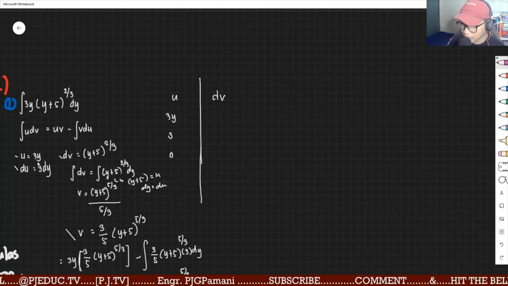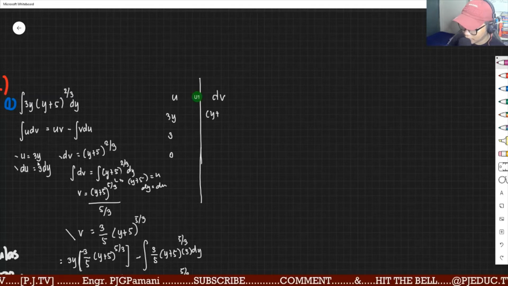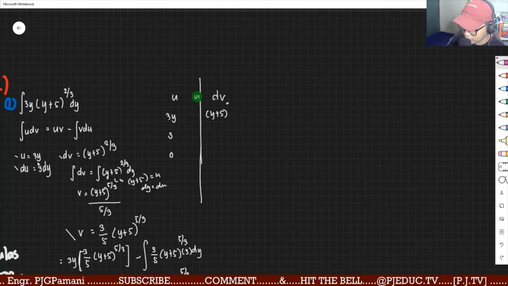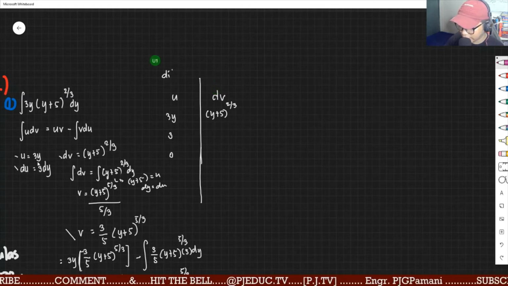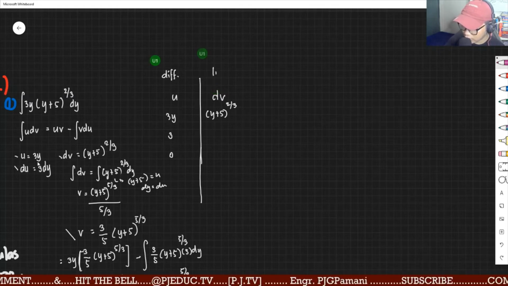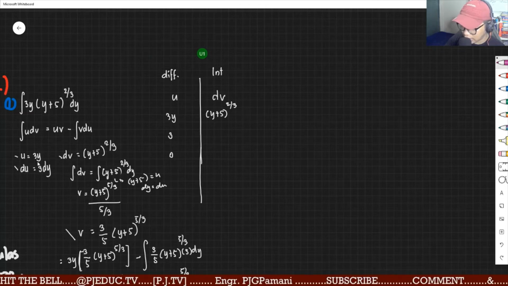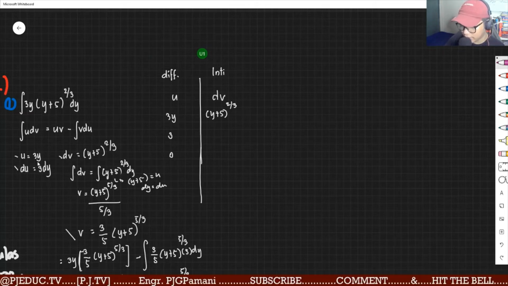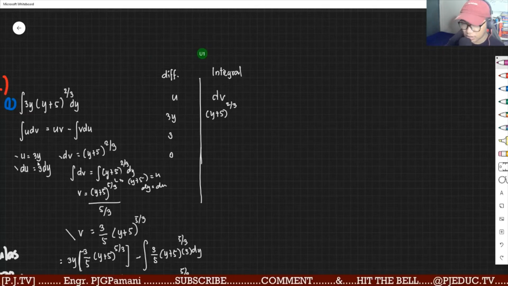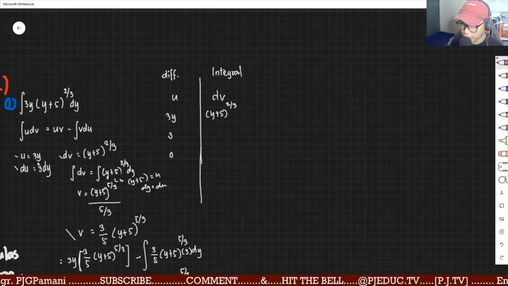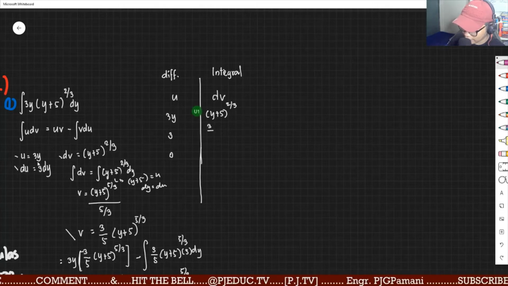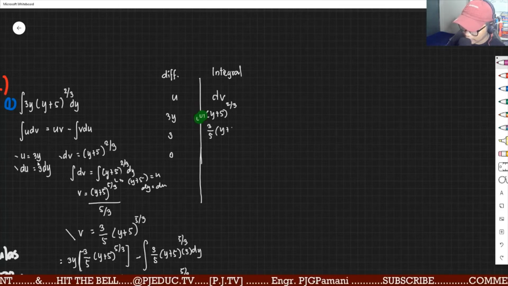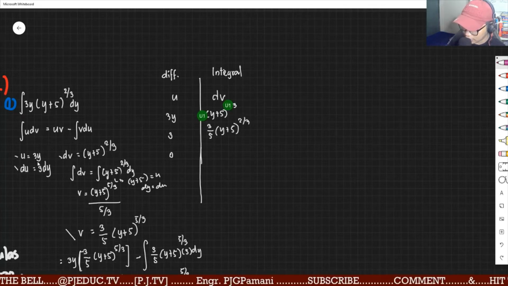Our dv earlier is simply (y plus 5) raised to 2/3. This is our differential, and this is our integral term, or the term to be integrated. So, the integration of (y plus 5) raised to 2/3 is, again, 3/5 of (y plus 5) raised to